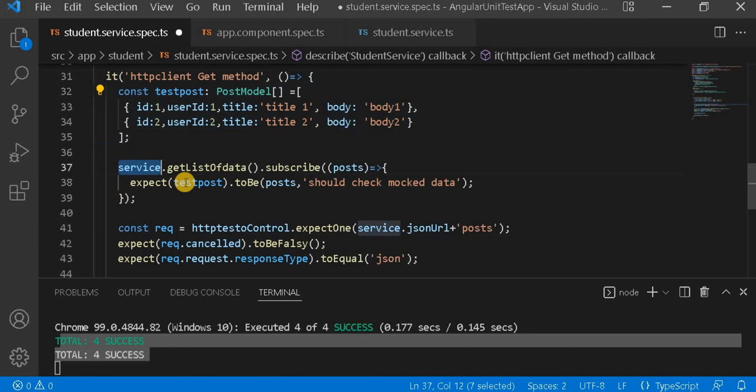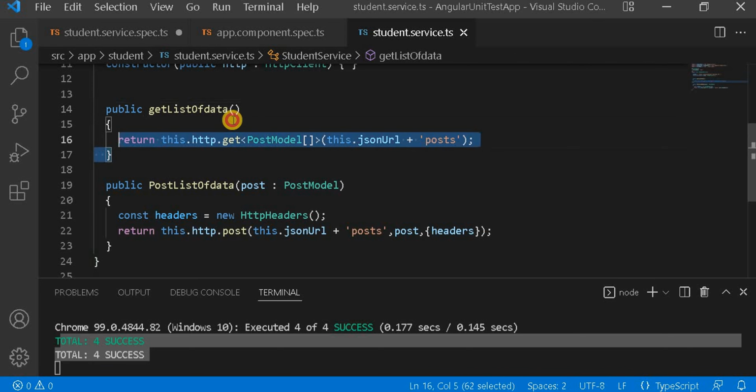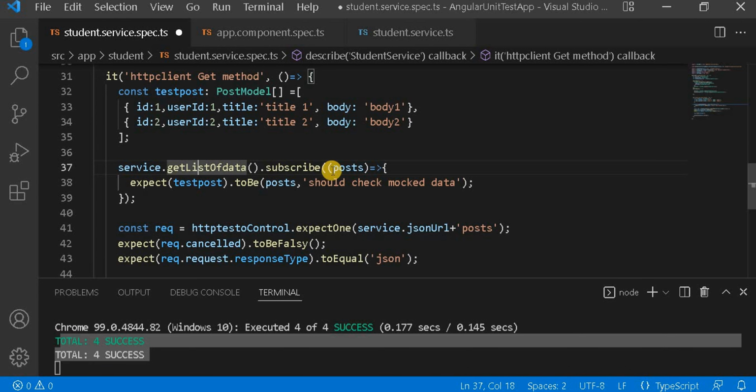Now from that service, because this service is basically the object of this student service, I'm calling get list of data, and basically this is the API method. Now I'm going to subscribe to that, and I'm going to expect this test post to be, this post should check the mock data.